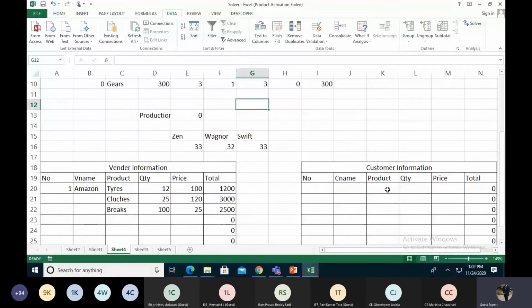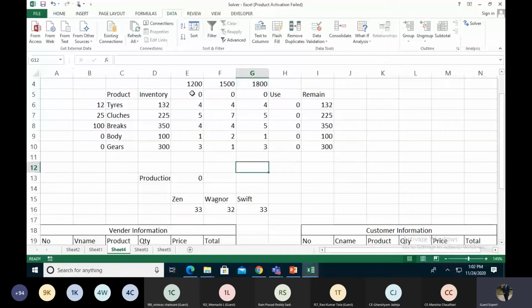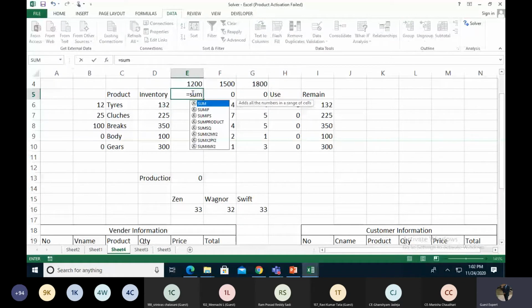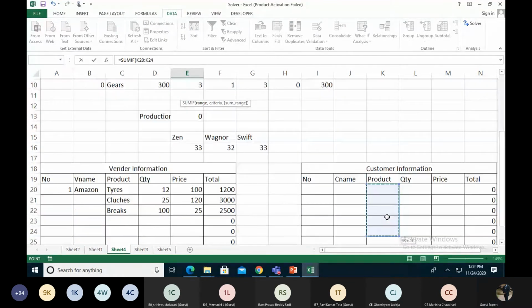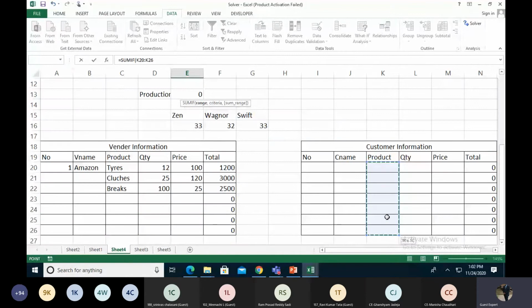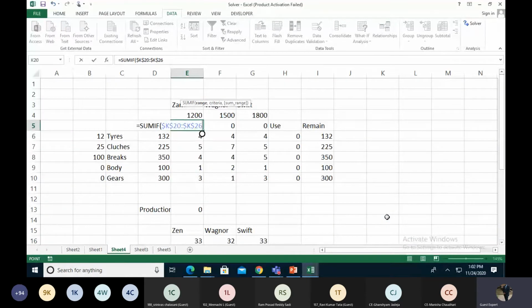The same thing we are doing over here within a SUMIF. So over here we put the SUMIF, we take the range, we make it a constant, comma, the criteria is Zen, comma, then the sum range.